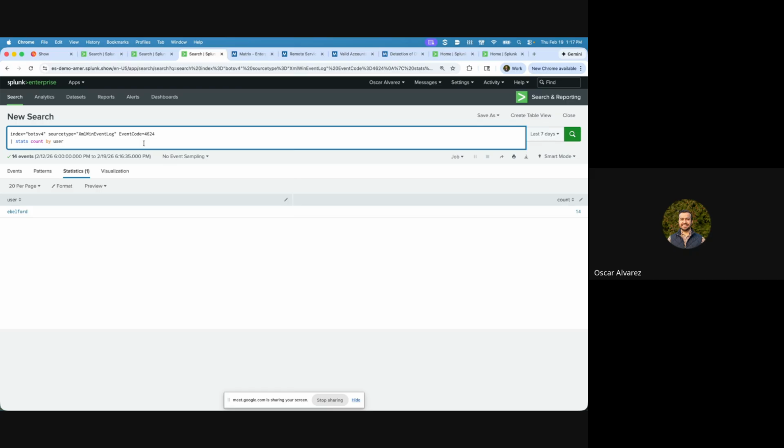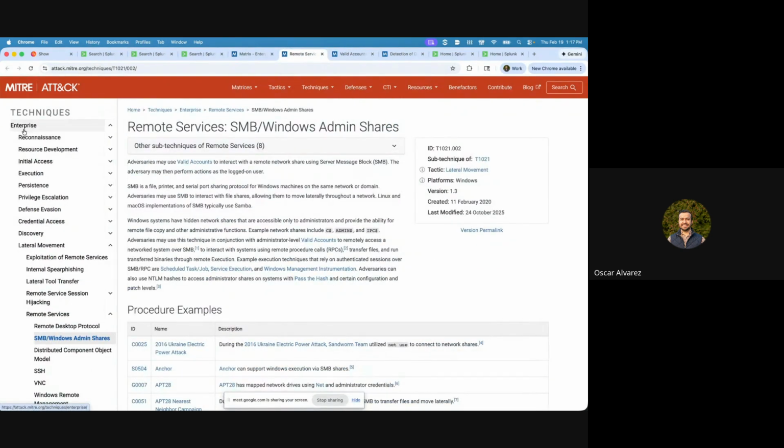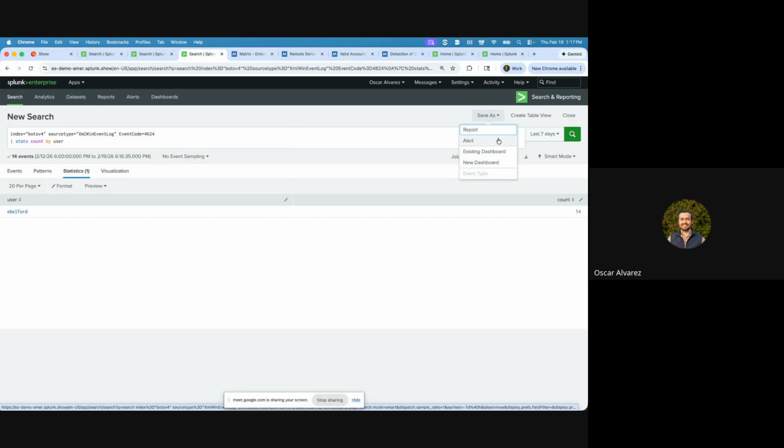standpoint, instead of just miscellaneously or randomly searching for errors or warnings or stuff like that, right? You can now approach it with the structure of the matrix and focus on one specific threat area, right, that you might be interested in that's relevant to your environment. So from here, again, you're all familiar with Splunk. You can be like, okay, this is a great search for my purpose. I can go ahead and save this as an alert,